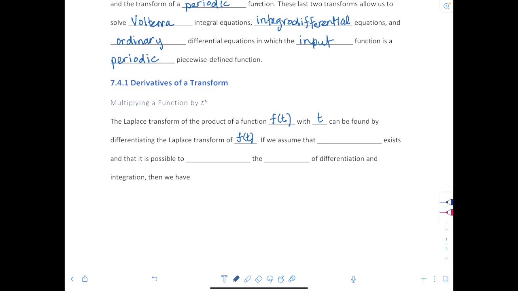If we assume that capital F at s is equal to the Laplace transform of f at t, if we assume that it exists, and that it is possible to interchange, so this is important for the proof, this is not always true, but if it is possible to interchange the order of differentiation and integration, then we have